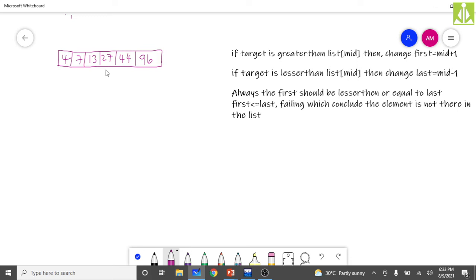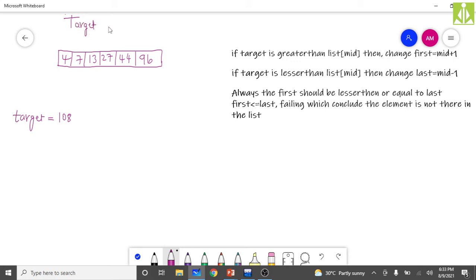Let us say my target now is 108. I want to look for 108 in the list. By seeing only we can say it is not there in the list. So this is my target not found case.